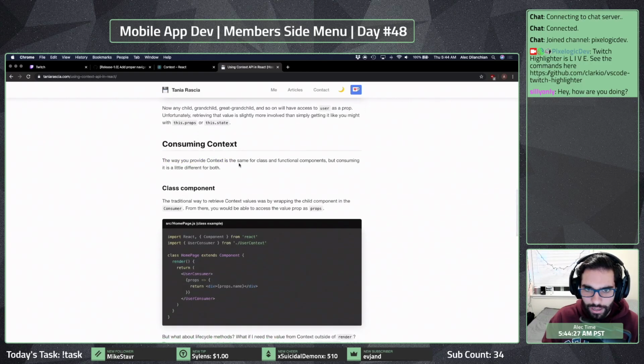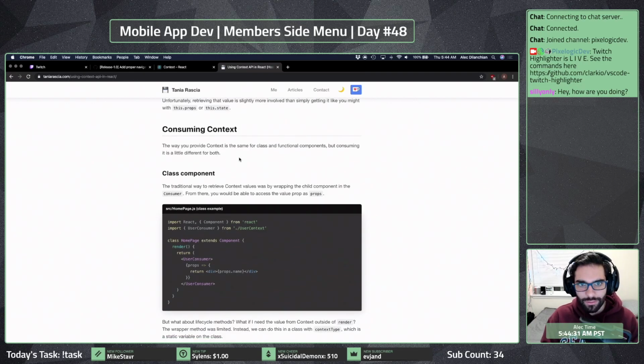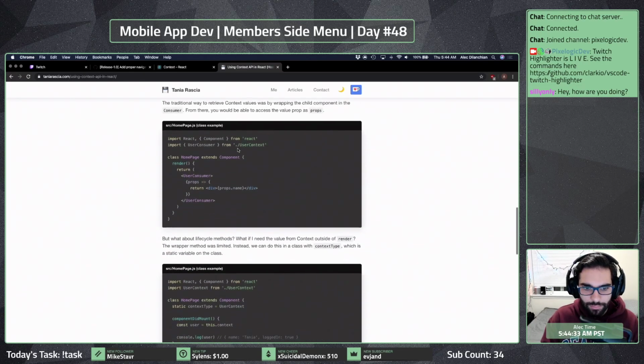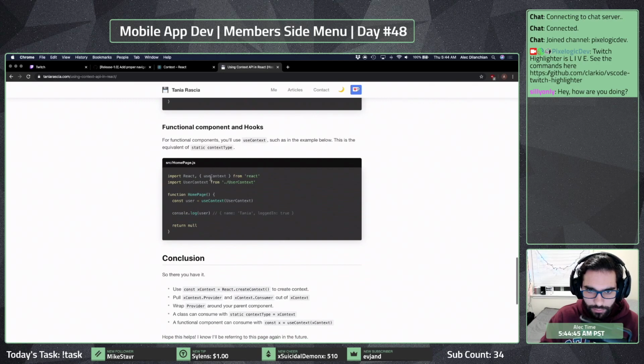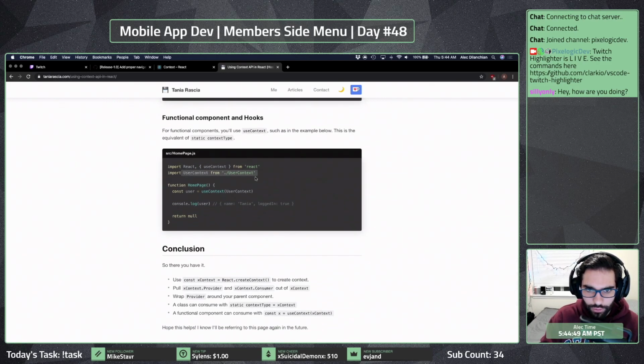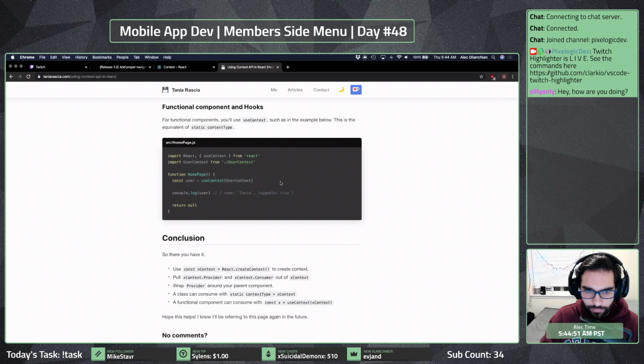Okay, so then the way you provide content is the same for class and functional components, but consuming it is a little different for both. So class component, no. Functional components will use context, such as the example below. It's the equivalent of static contextType. So use context, import our user context, and that's it.